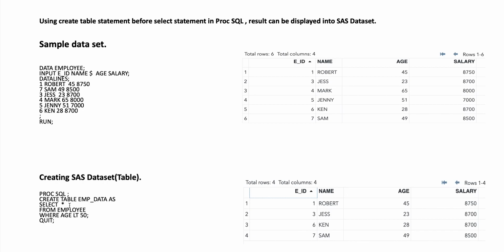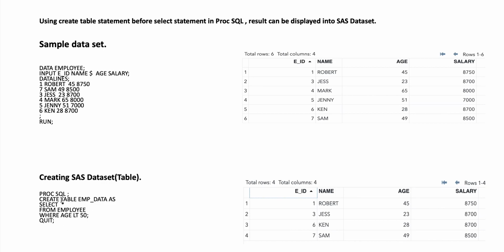Select star, that means select all columns present in this employee table. That means it will select all variables. From employee, that means we are using the previously created data, and we are applying a where condition: where age less than 50; quit;